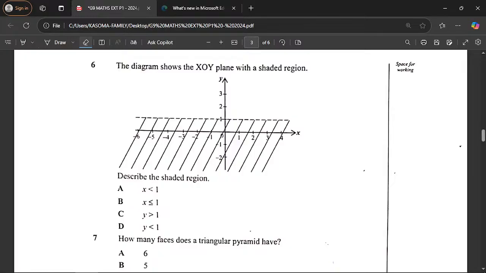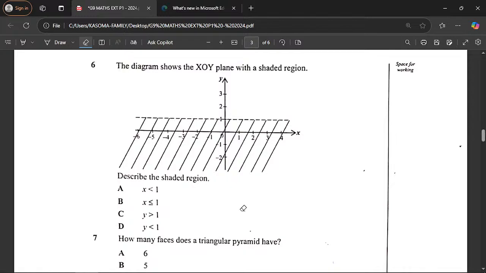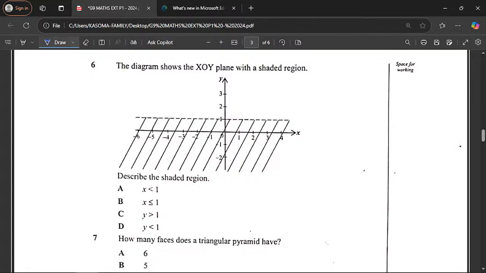So we have got options there. Which one is describing the shaded region? Please give me the answers. Which one is indicating the shaded region? Okay, so I hope you have written your answers. Please write your answers in the comment section. I want also to see how you